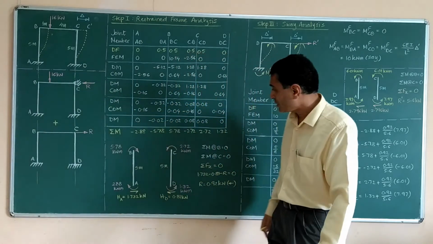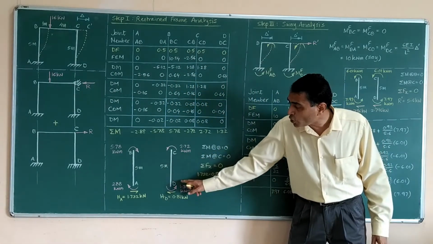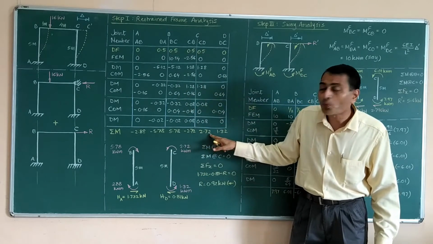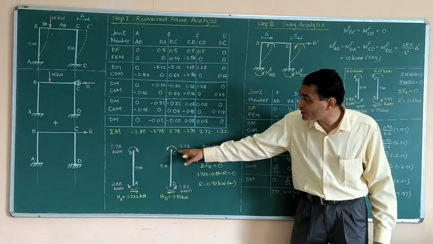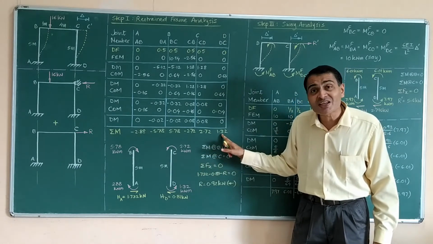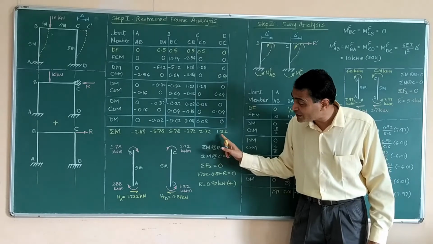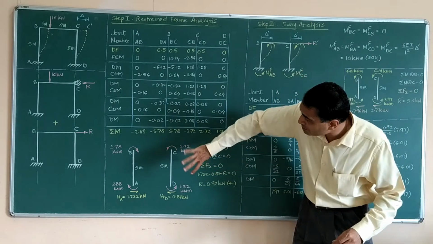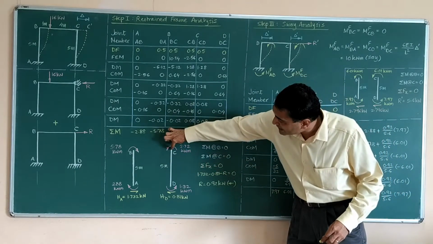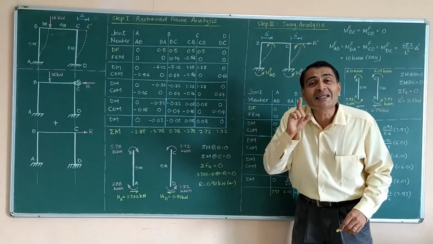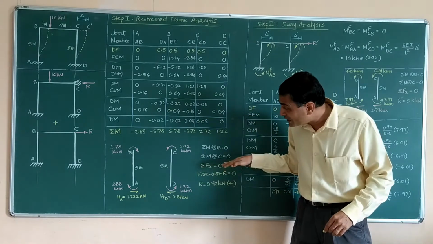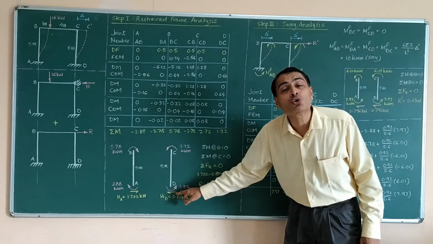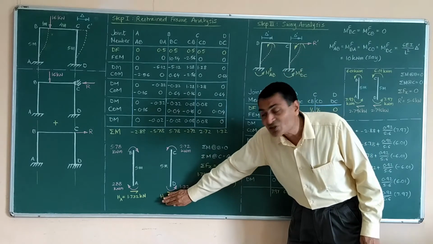Similarly, we draw the FBD for column CD. This is M of CD, 2.72, positive means anti-clockwise. This is M of DC, 1.32, positive means anti-clockwise. So these two I have shown anti-clockwise. Since the overall moment is anti-clockwise, when I apply sigma M about C equal to 0, I need some agency to create a clockwise balancing moment. That's why I am assuming HD to be leftwards and it is unknown to me.